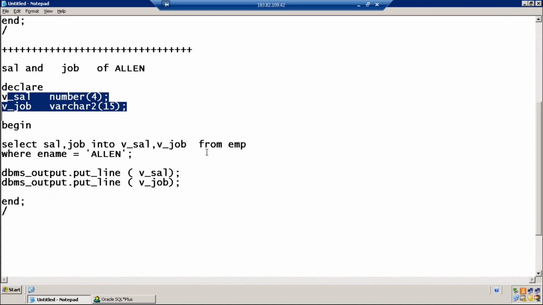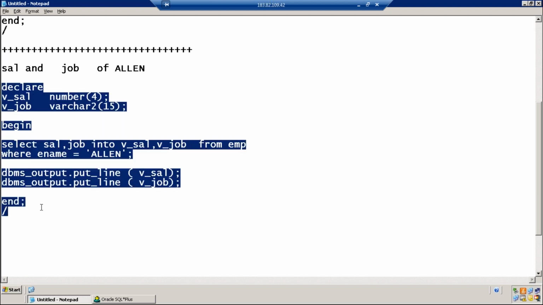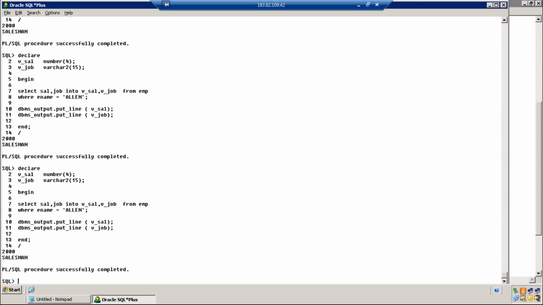Sunil asks, how to recall this procedure? How to open it to modify? Very good question. How are you running the program? We are writing the program in the notepad, copying it, pasting it and running it. The program is getting executed. But are you saving the program? We are not saving the programs. You know how to write a program and how to run it, but you don't know how to save it.